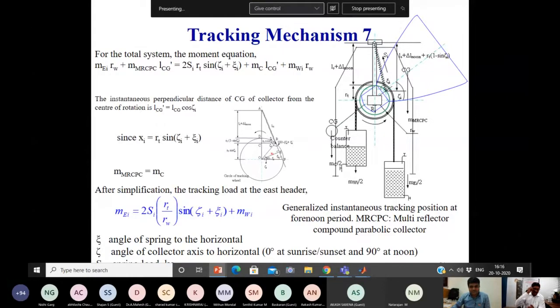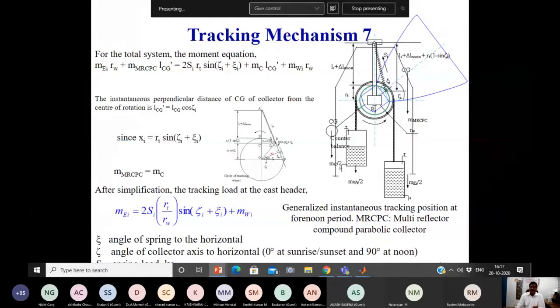Here my example is the solar collector. The solar collector we use is nearly 1000 kg. Yes, a 1000 kg solar collector we fabricated with little effort. Let us say only 10 kg or 20 kg of weight we apply as effort, so that we are able to track. We demonstrated this, time permitting, I will show the videos also. We are able to track the collector from one position to the other, from sunrise to sunset, with a little amount of effort.